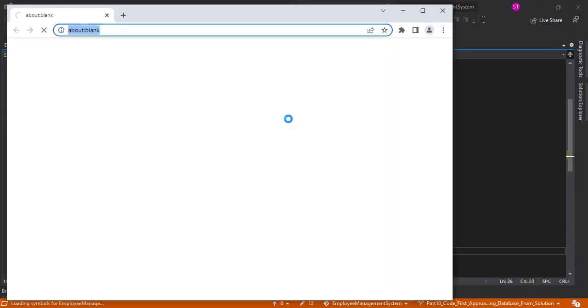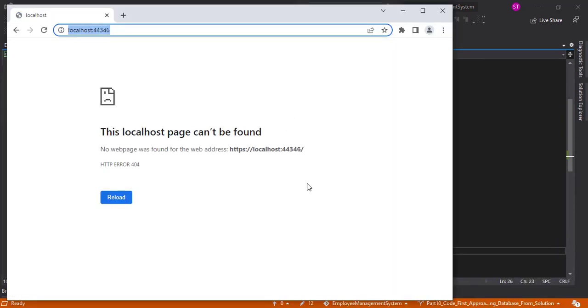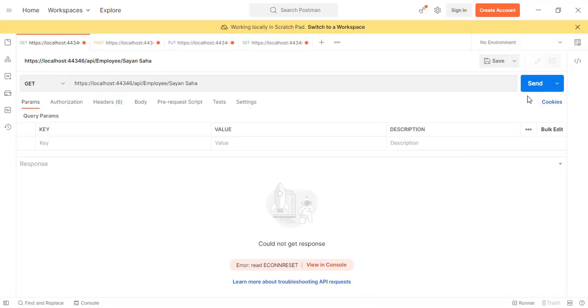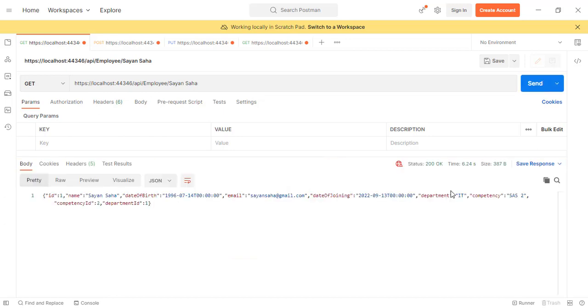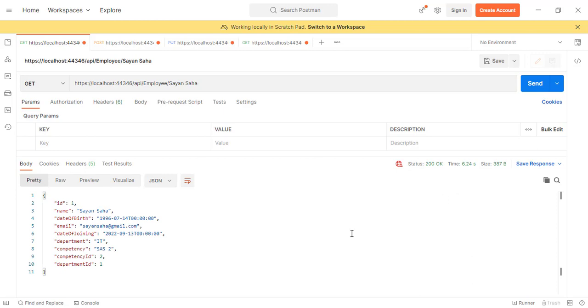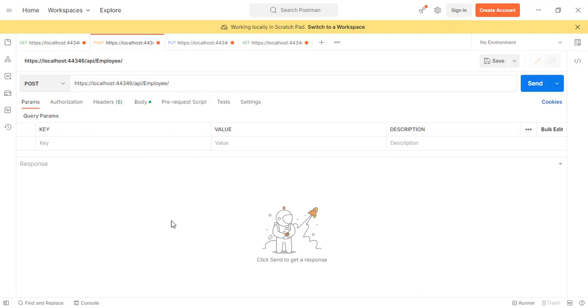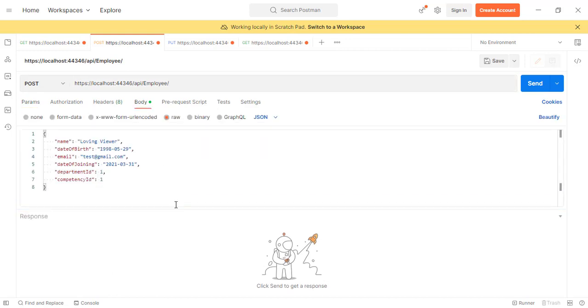Let's run it again. Alright, it's up and running. Let's test the endpoint again. I'll click on send, and this time I'm expecting a response back. The first time actually takes some time, and yeah, there you have it. We have the response here. Awesome. Let's go to the next one, the post endpoint to create an employee. I already have the body mentioned here from the last video, database first approach. I'm going to use the same request. I'll click on send,